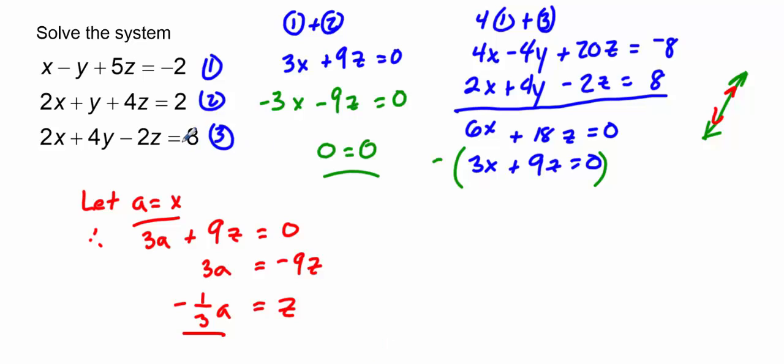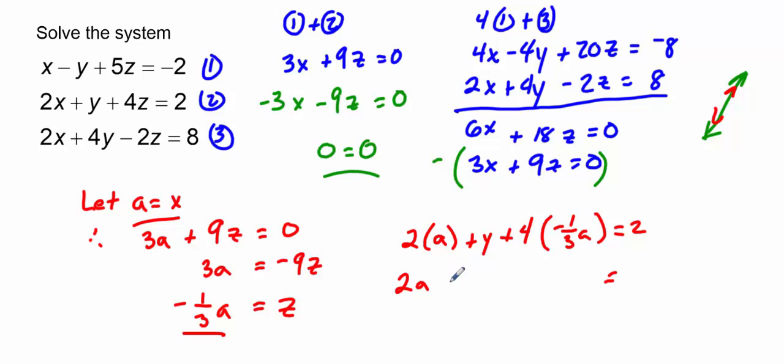I'll just use this second equation. So I have 2 times x, and we know x to be a, plus y, plus 4 times z, which we now know is negative 1/3 of a, and that's equal to 2. So now I've basically got 2a minus 4/3 a plus y is equal to 2. And I can say that y is equal to 2 minus, 2 minus 1 1/3 is 2/3, so bring that over,